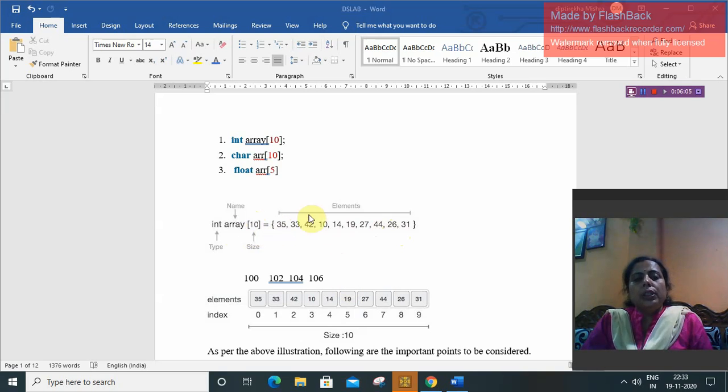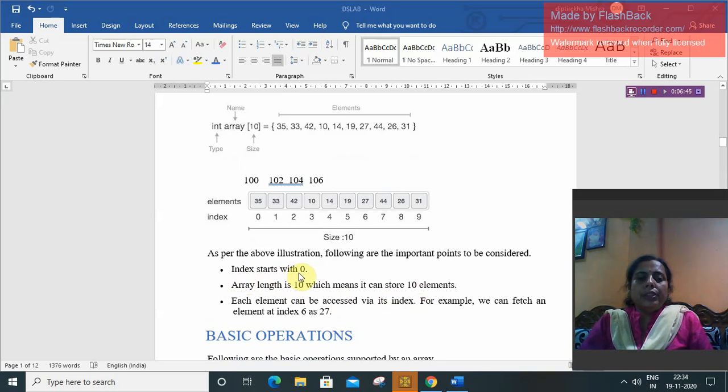Okay. So in this case it is integer, and an integer is of 2 bytes, and let the memory location be 100. Then the first element 35 is at 100, then the next will be at 102. Continuous memory location means one integer is stored in 2 bytes. So 100 and 101 will be used to store 35, then 102. The next element is at 102, then the next is at 104, and so on. Okay, in a continuous memory location, the array will be stored.